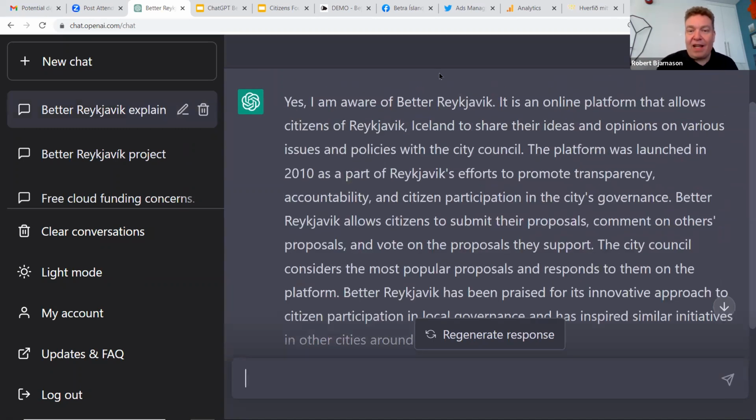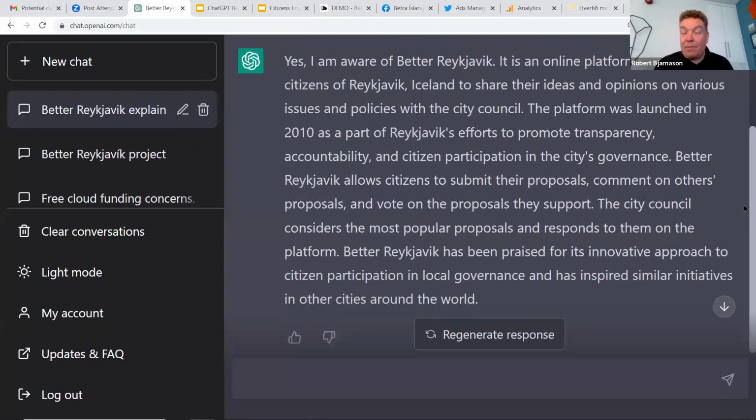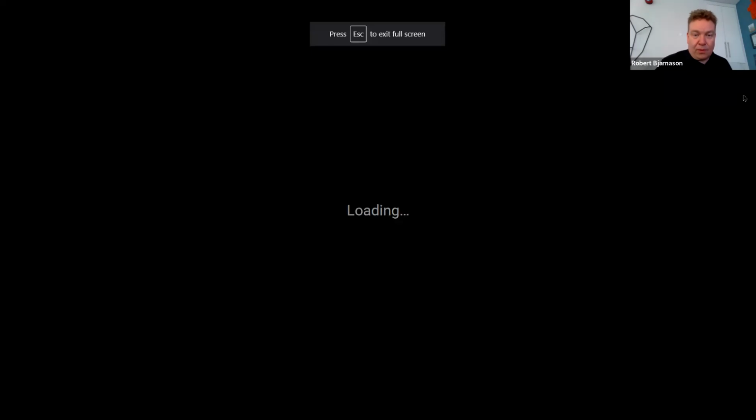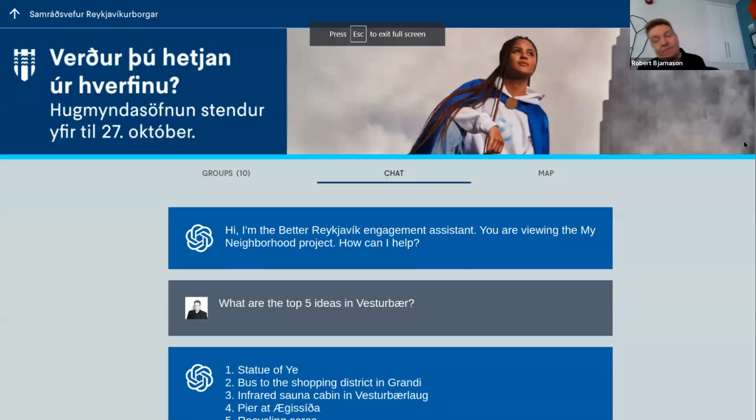But this technology, ChatGPT, we can also use in other ways. What we're doing is that on Your Priorities, before the end of this month, at least in English, we'll be including an optional chatbot with every project. And one of the problems with ChatGPT, sometimes, is that it can make things up.